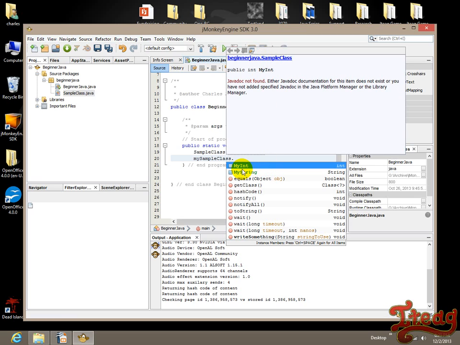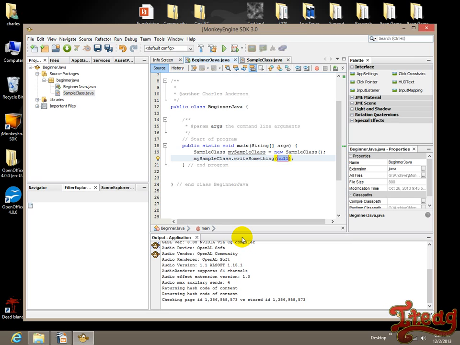Oh, and of course, when you write it up, hey, there they are. They're public, they're visible, all that good stuff. And we also have write something, and we'll use that. And of course, we can just say, yo, what's up? And yeah, there we go. So we're using an instanced method, so this will get popped onto the stack and then executed, and then